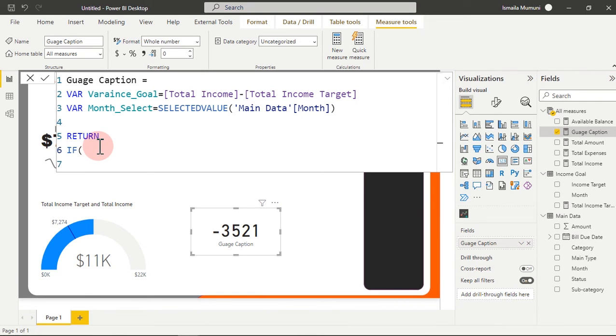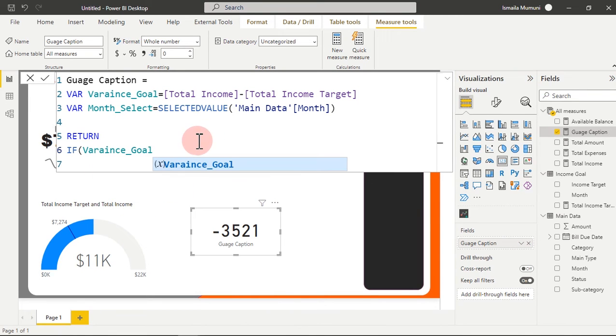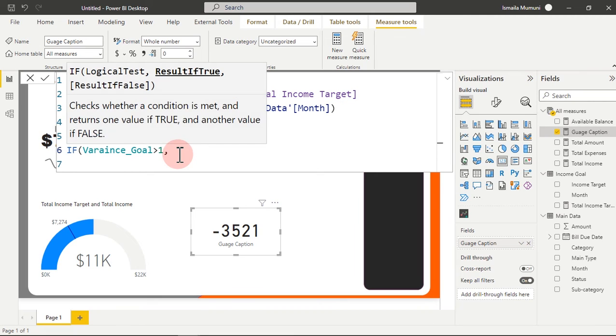So what we can do right now, we're going to say if variance underscore goal right here is greater than 1, which is not like minus, it's actually going to be something positive. It is not a negative number. So what I want is this. I'm going to say comma, and it's going to say if the result is true, what do you want? I want to have something like total income is